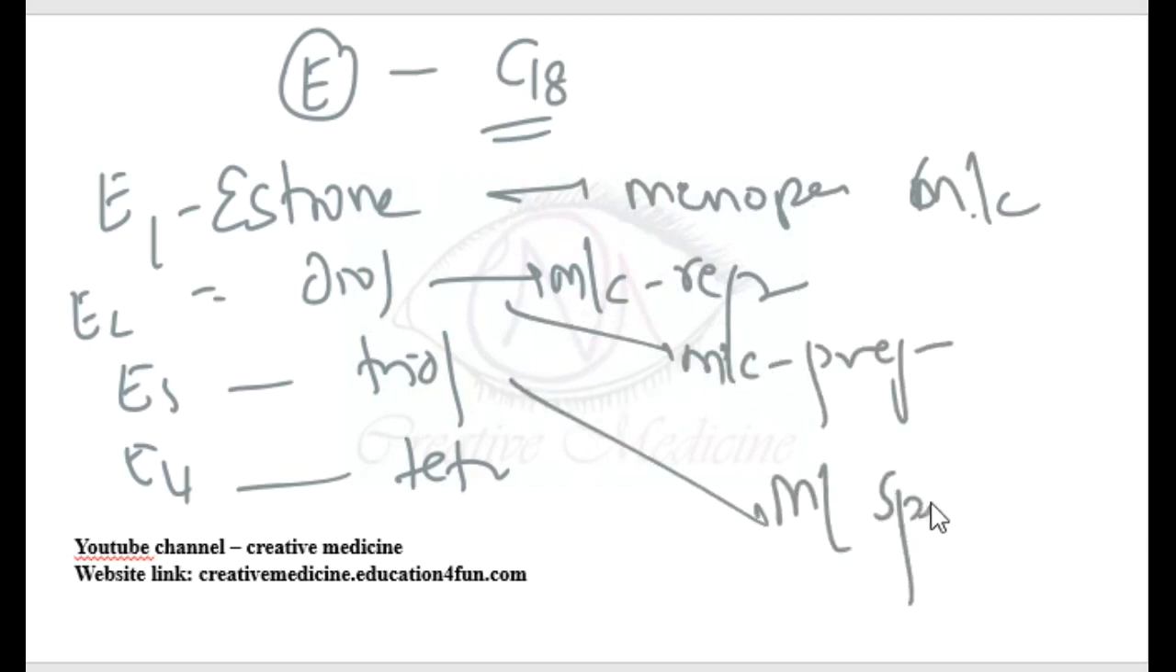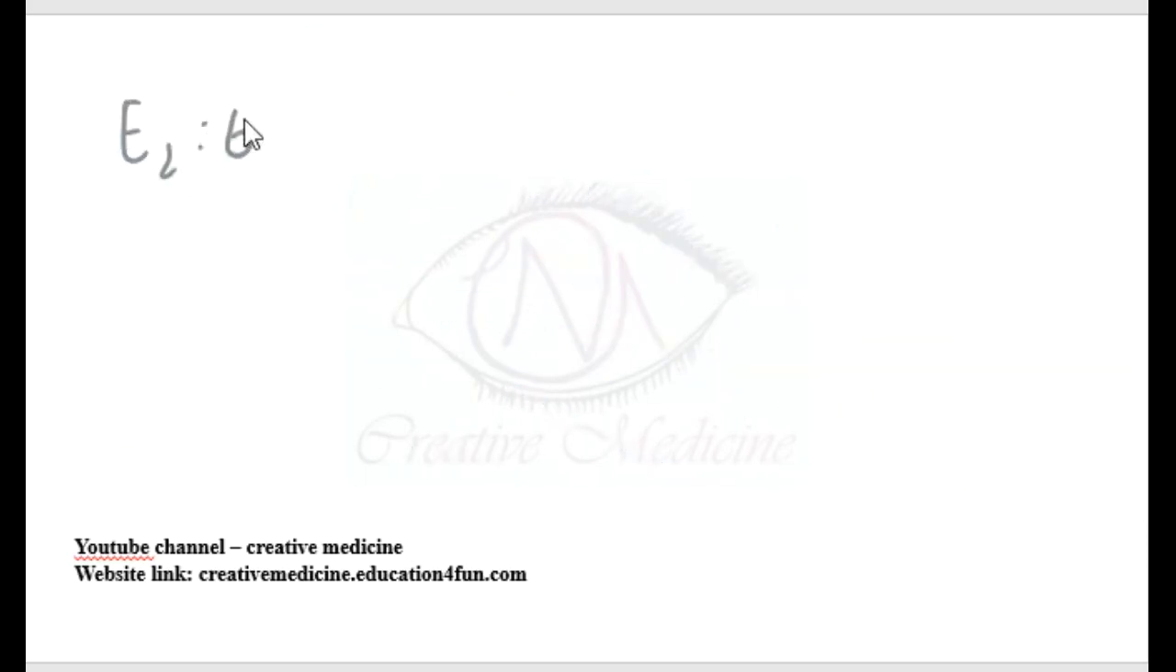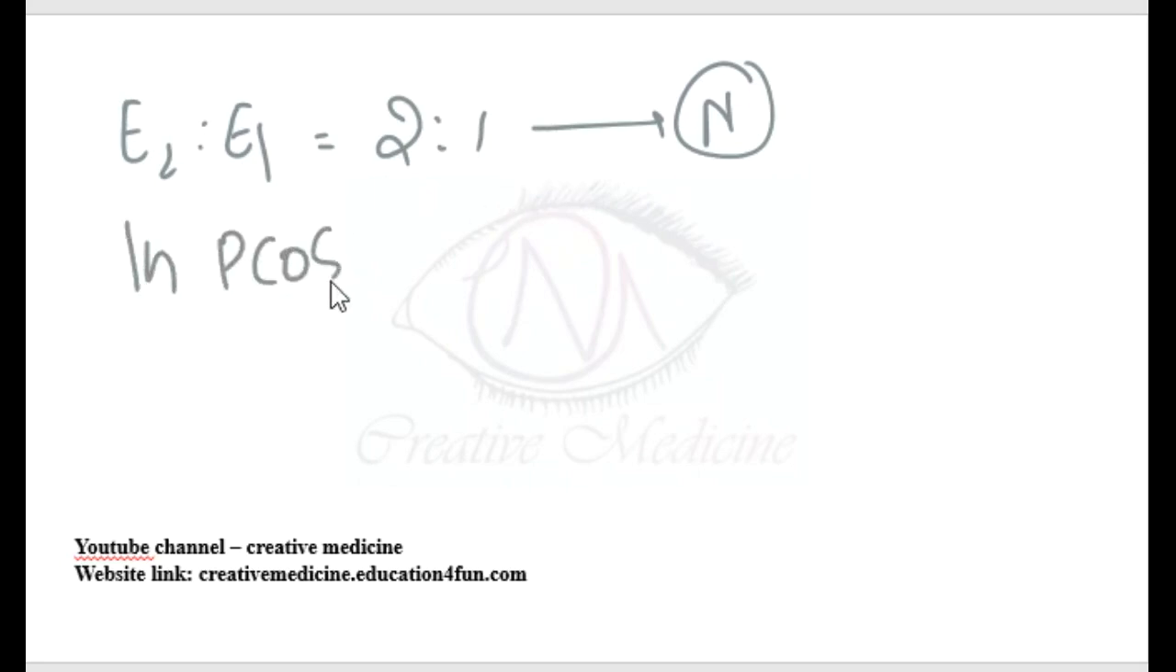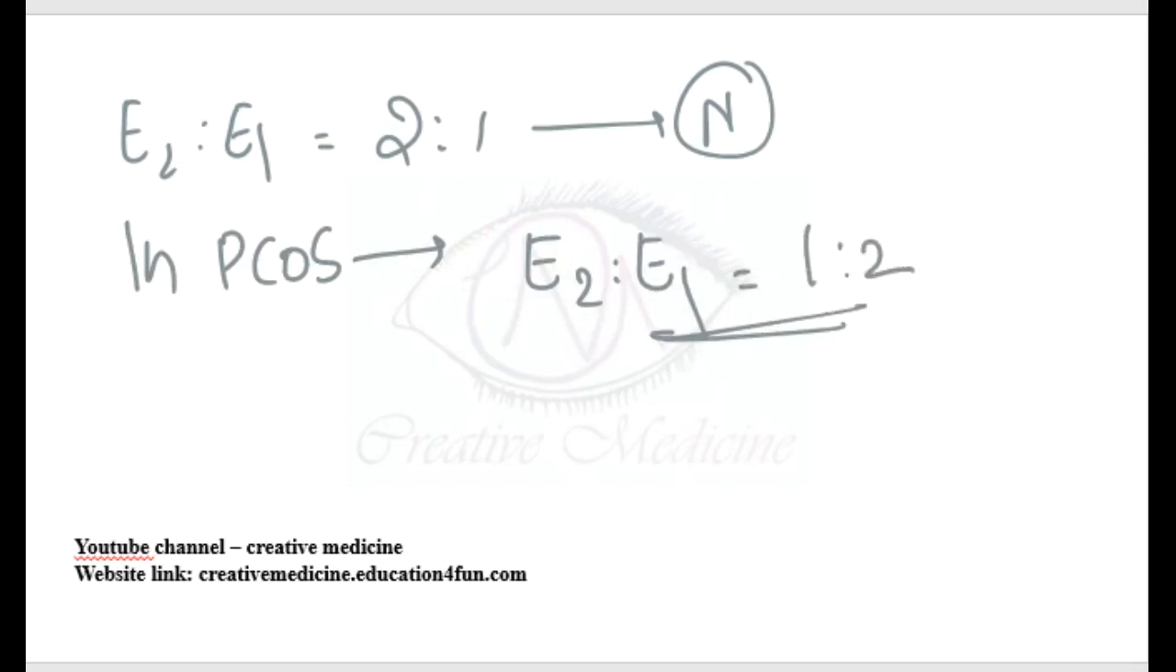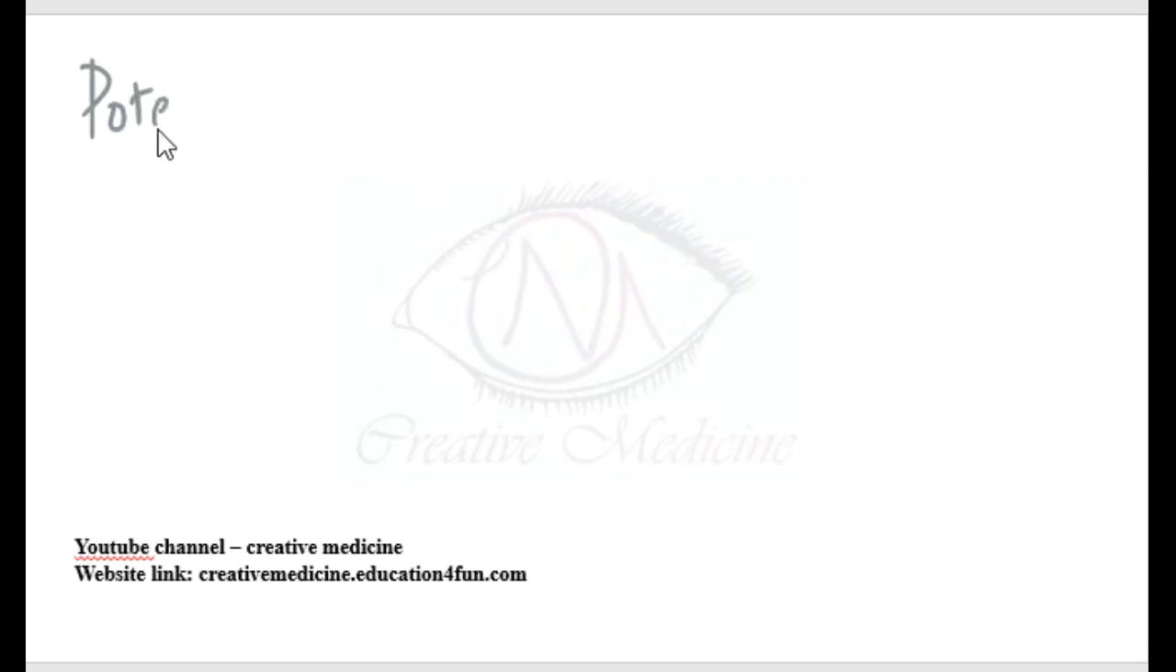Ratio of E2 to E1 equals 2 to 1. Normally the ratio of E2 to E1 is 2 to 1, but in polycystic ovarian disease, the ratio is reversed. If you see the potency, E2 is more potent than E1, then E1 is more potent than E3, followed by